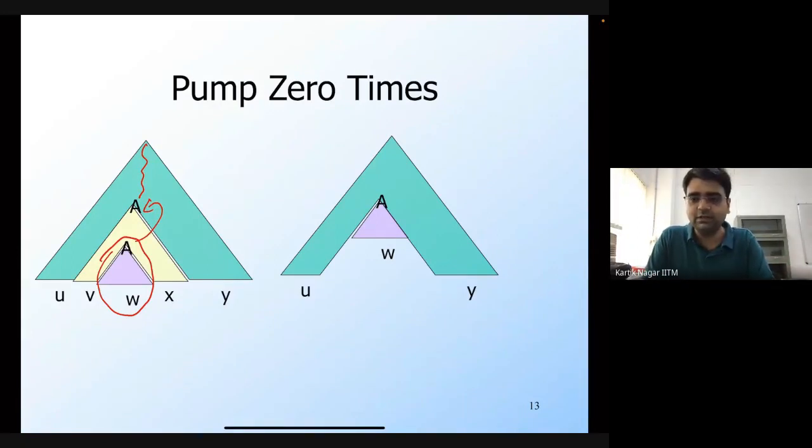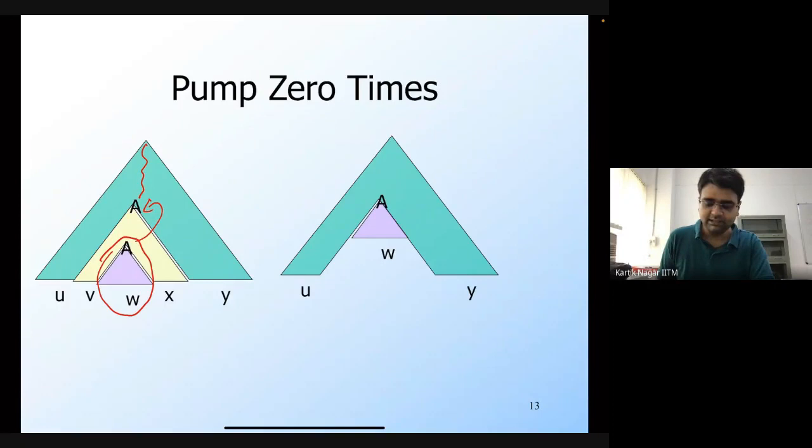So W also cannot be epsilon. In this case, it is true that W also cannot be epsilon. Yeah, that's correct, but it's not really useful for us to use that, in the sense that since we are going to pump V and X, it doesn't matter if W is epsilon or not. But we definitely want V and X both to be not epsilon, because if they are both epsilon, then pumping won't really generate more strings. So that's why we don't really care about W.